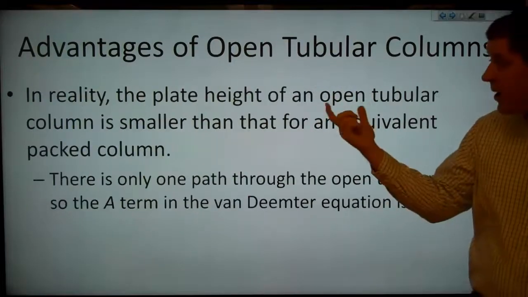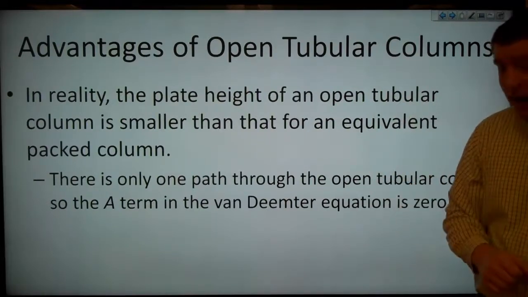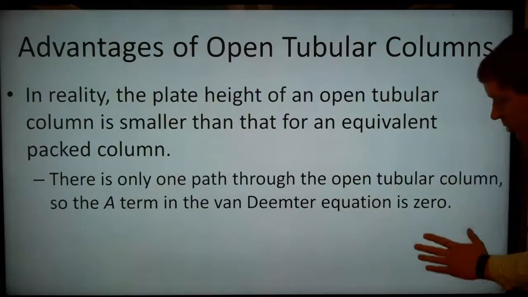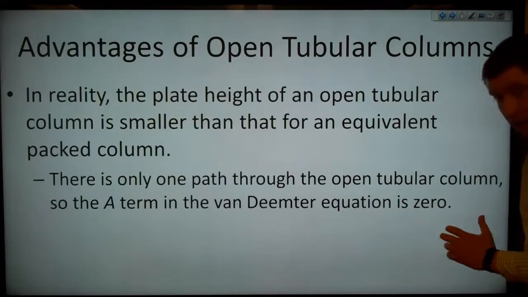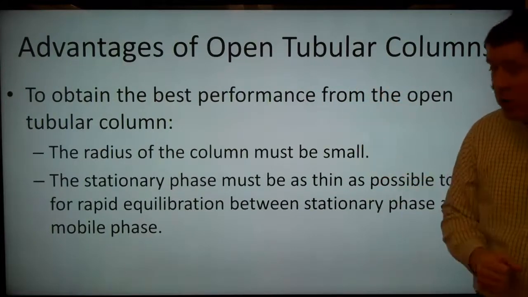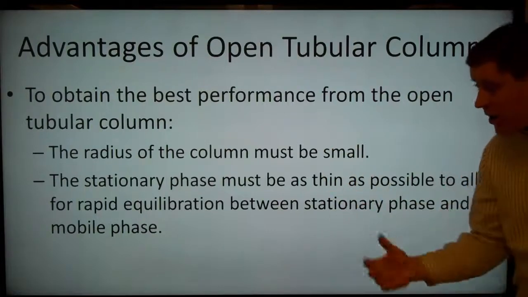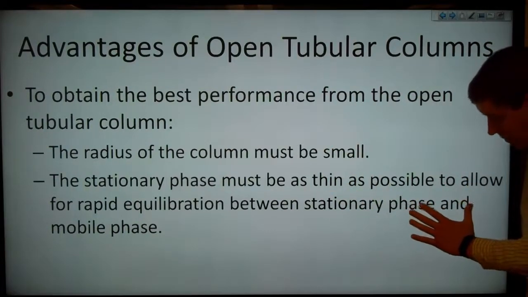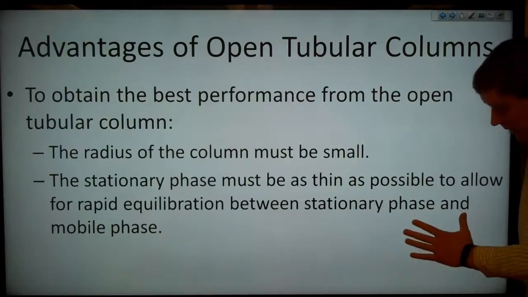Now in reality, the plate height of an open tubular column is smaller than that for an equivalent packed column. There is only one path through the open tubular column, so that A term in the Van Deemter equation is 0. To obtain the best performance from our open tubular column, then, the radius of that column must be small, and the stationary phase must be as thin as possible to allow for rapid equilibration between the stationary phase and